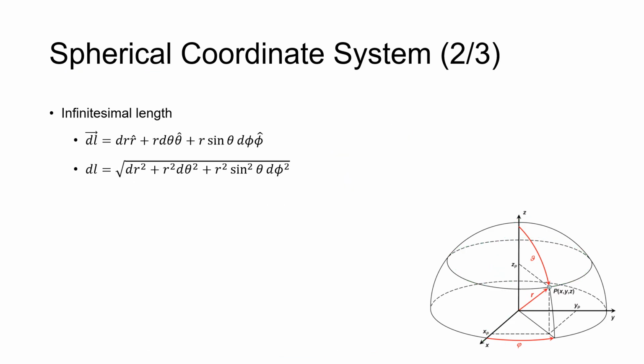Now we move to the calculation of the infinitesimal length, and to do so, we compute each direction individually. In the case of r, it is just a length, so it will be dr in the direction of r. In the case of theta and phi, we need to calculate the arc length. Theta is the angle with z. So if we take any plane perpendicular to the xy plane, zx, for example,